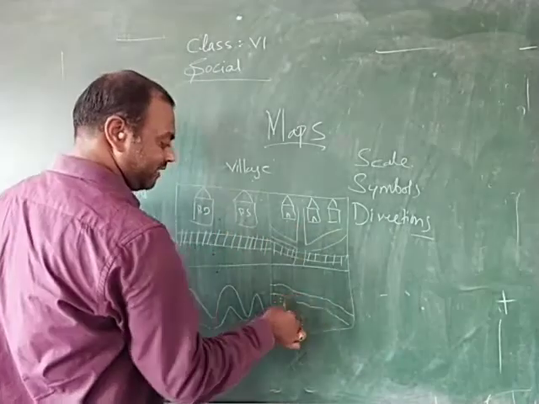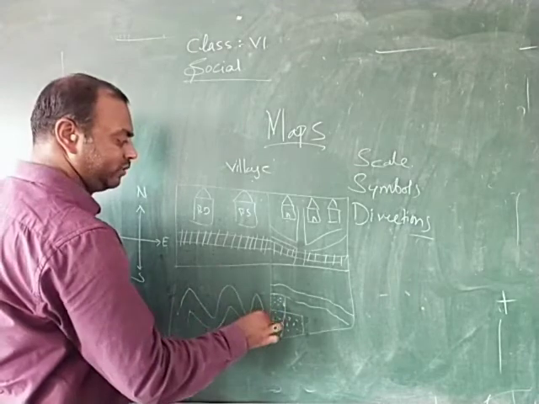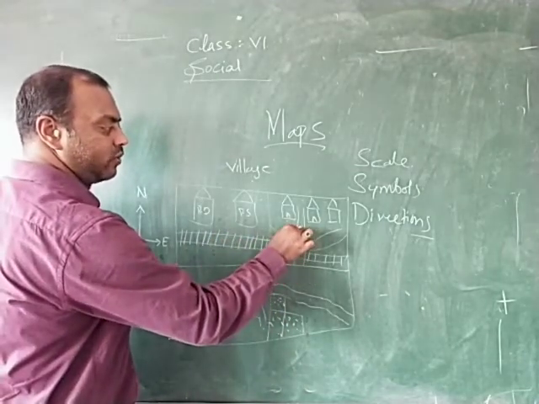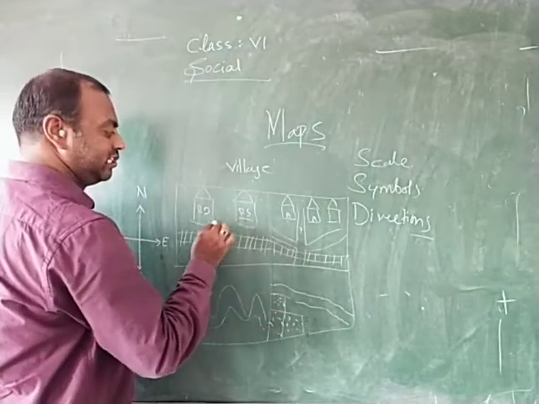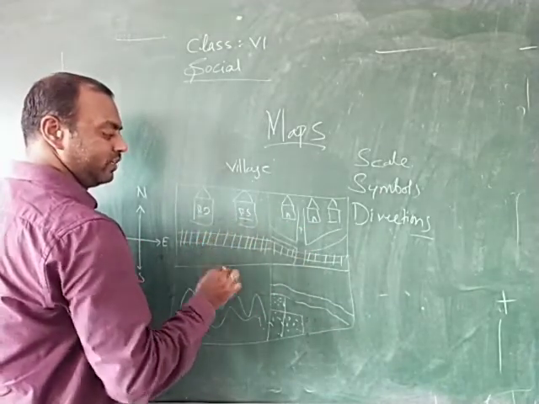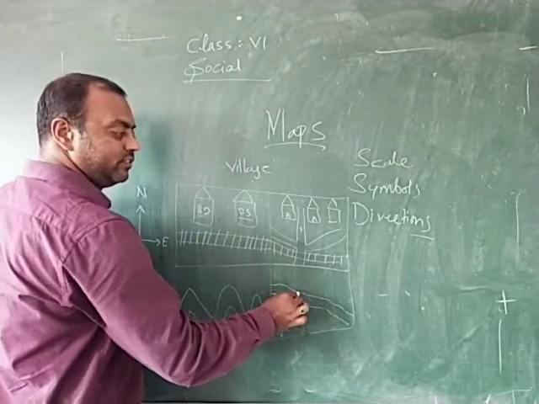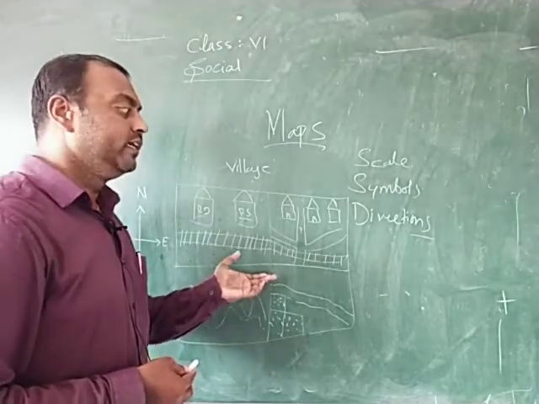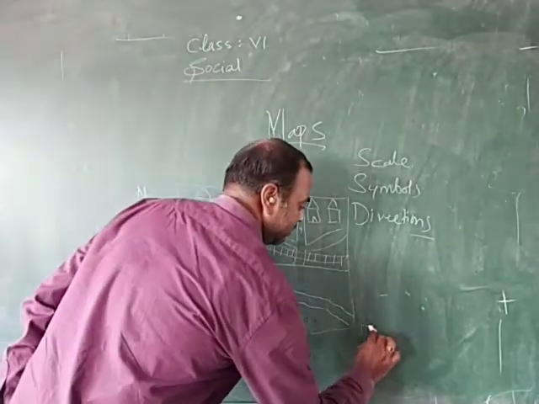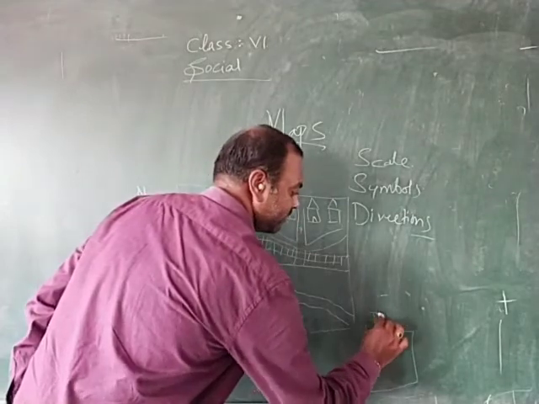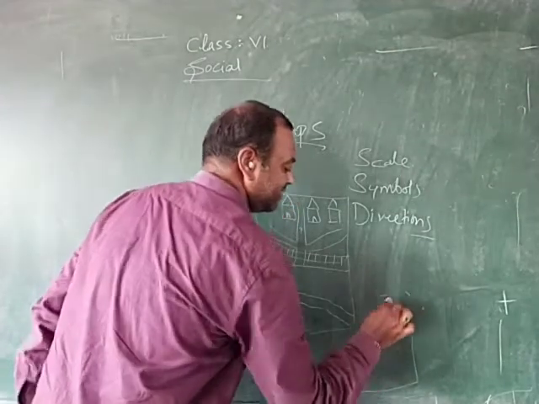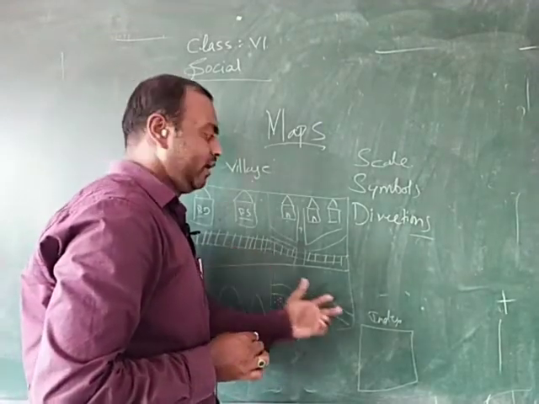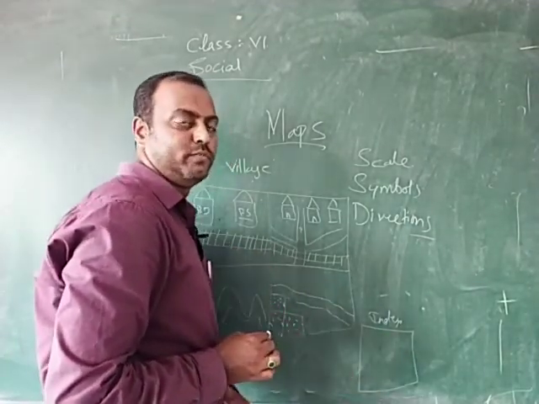These are the symbols, different kinds of symbols. This is a symbol for mountain, this is a symbol for the railway station, this is a symbol for the roadways, this is a symbol for police station, this is a symbol for post office, and this is a symbol for the river. So likewise we have used different kinds of conventional symbols, and an index box. This index box speaks about the symbols which are mentioned in this map, and their explanation is given in this index box.